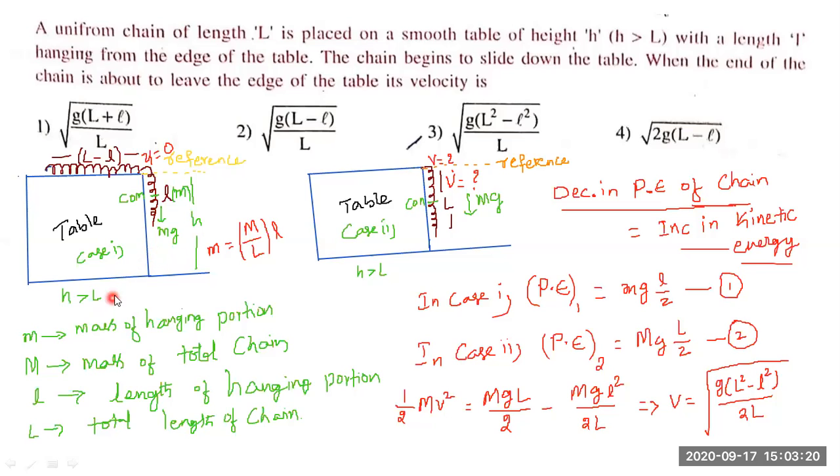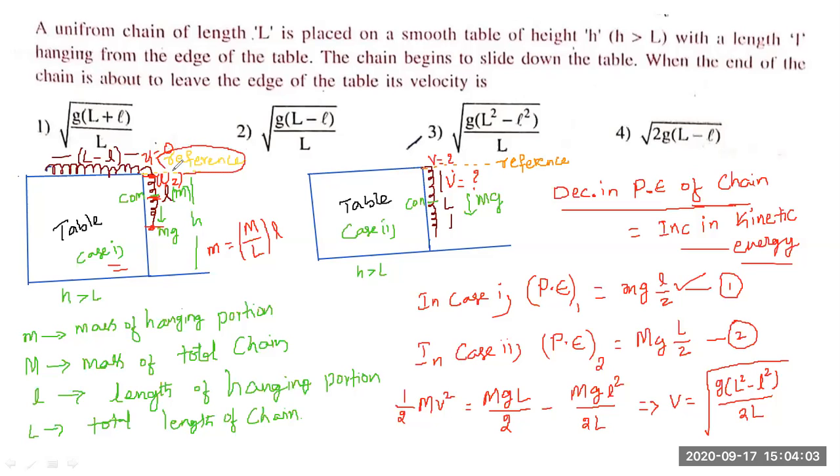Here, I made some assumptions. In this, small m initially I am considering as the mass of the hanging portion. This one, guys. And we know that every time the mass exists at its center of mass. Therefore, for this hanging portion, students, mass lies at the center of mass, that means at a distance of l by 2 from the reference line. Because students, this total is the length, no? You take only half of this length where mass is existing. That's why, students, in case 1, I have taken potential energy as mgl by 2. And this l by 2 is measured from the reference.